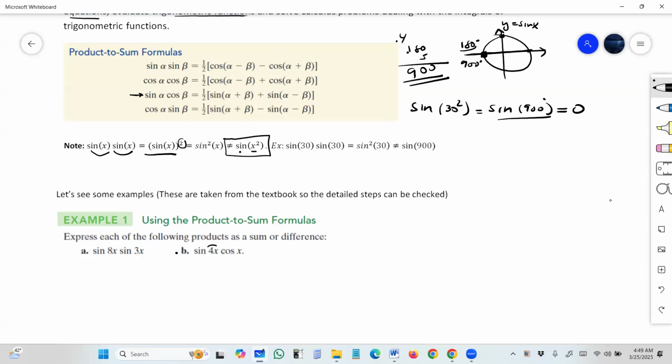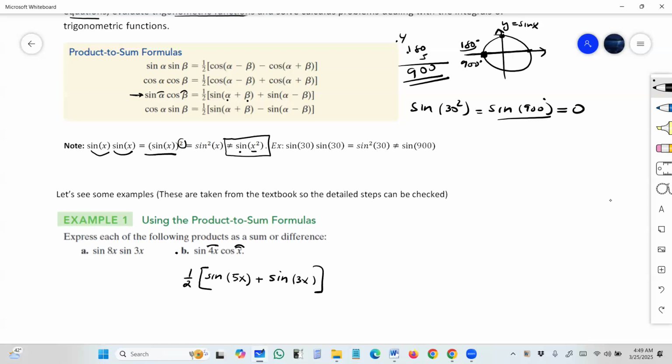And 4x will be my alpha, and x will be my beta. So I apply the formula. 1/2 sine of the sum, so sine of 4x plus x, and plus sine of the difference, so 4x minus x,